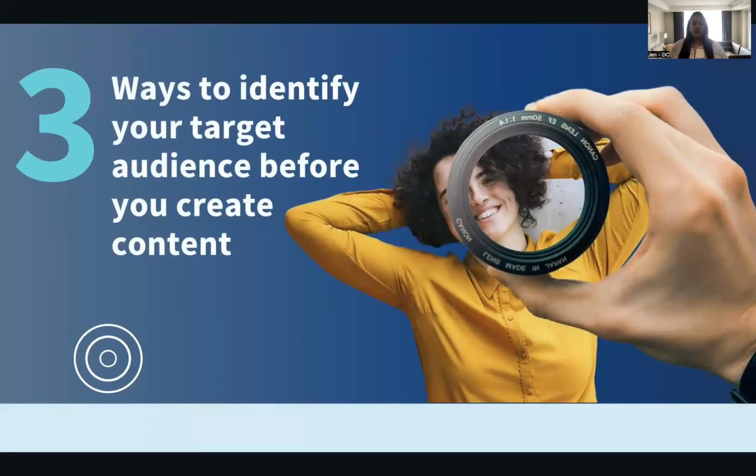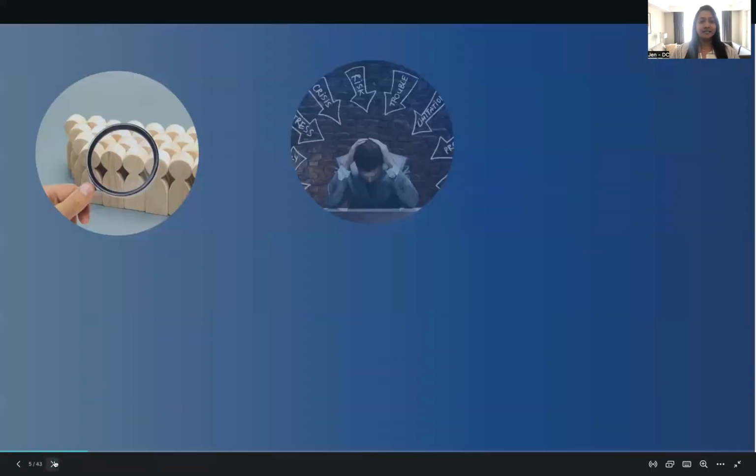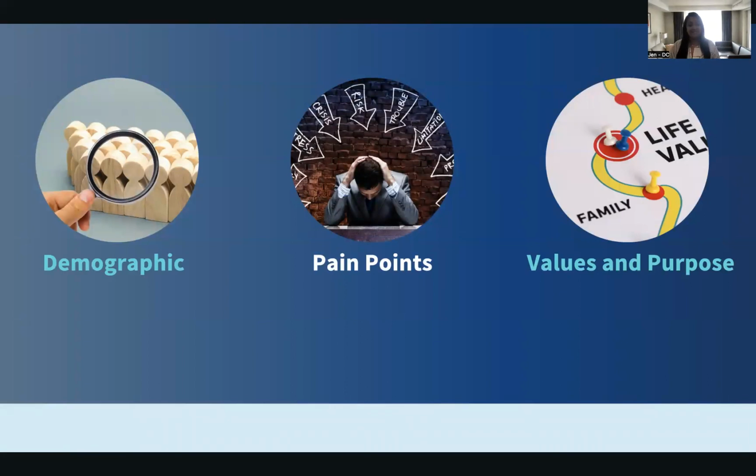Okay. So I'm going to talk about 3 ways to identify your audience before you create your content. This is very crucial because we did exactly what you may be doing right now, which is that we just started pumping out content. We were throwing content out there, but it wasn't really catching on. And why is that? Then we understood that we were presenting the wrong information to the wrong people. So we started doing an intense study, almost for 2 months. We sat there and really researched every school that came into our hands and understood what their demographic is about, what their pain points are, and what their values and purposes are.